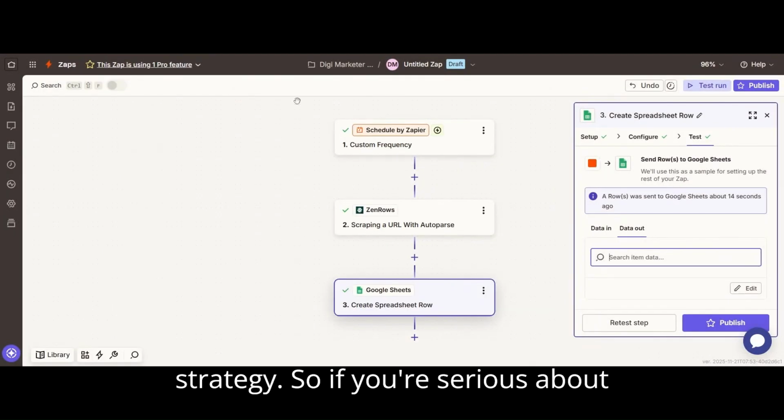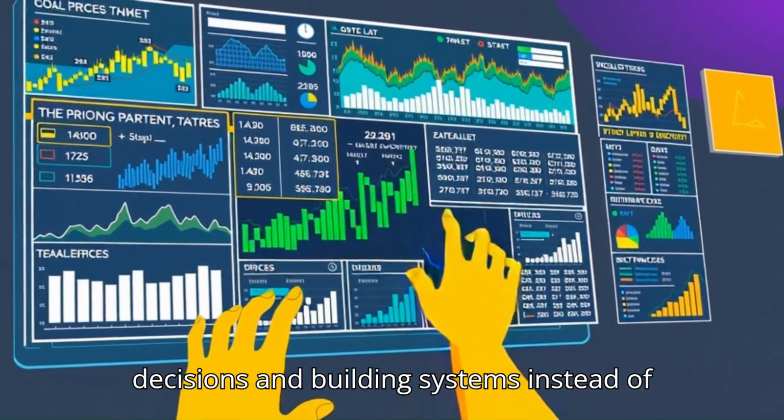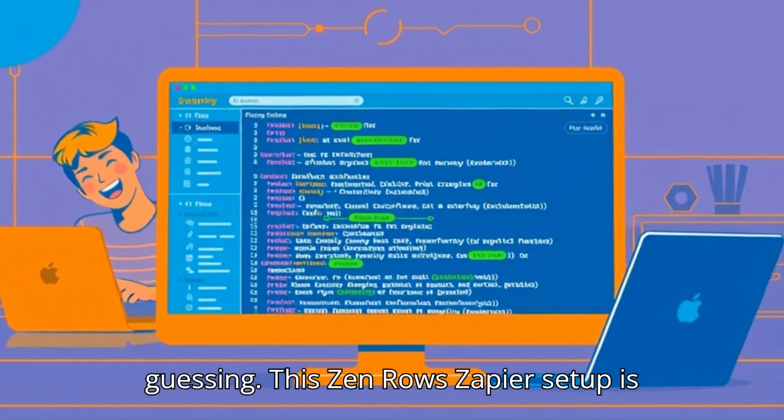So, if you're serious about data driven marketing, smarter product decisions, and building systems instead of guessing, this ZenRows Zapier